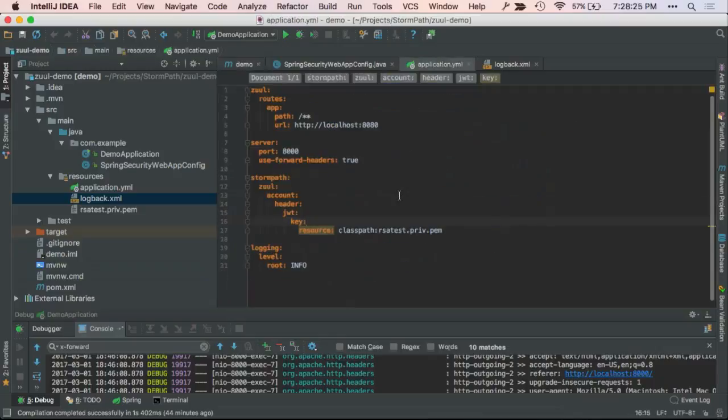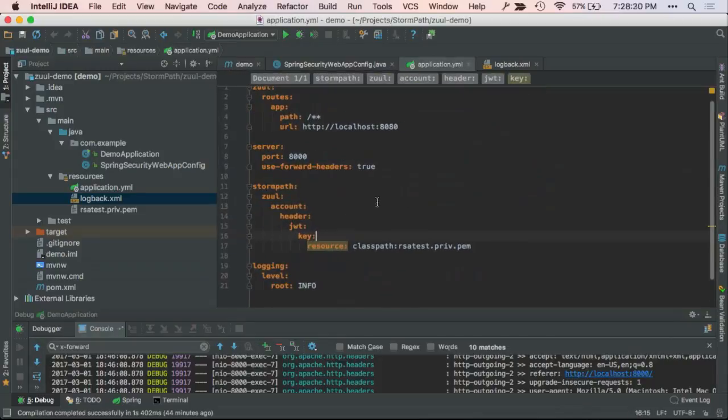This also is managed a lot by configuration as opposed to code. Here's the matching private key that is going to be used to sign. The default behavior of the Stormpath extension is that it's going to use JWTs and they're going to be signed JWTs. All of that can be overridden. You can also override what is going to be included in that JWT. By default, it's everything that we have on the user, basically.